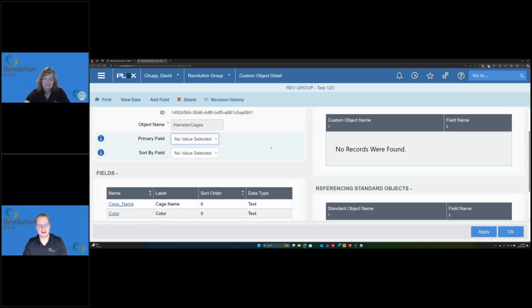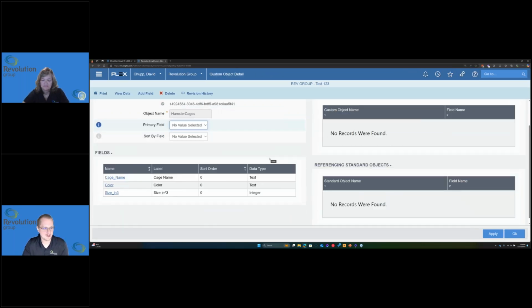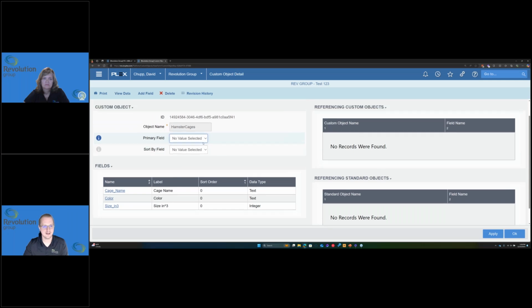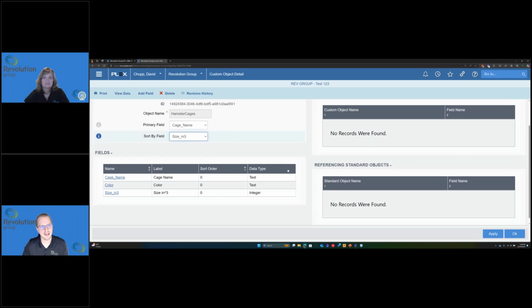Now this brings me back to my standard object here. So I have my cage name, color, size. Well, I want to display this by the cage name. I want to look at it by the size in squared inches or cubed. And